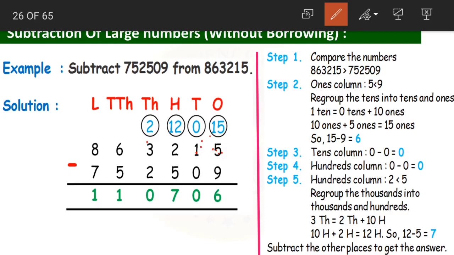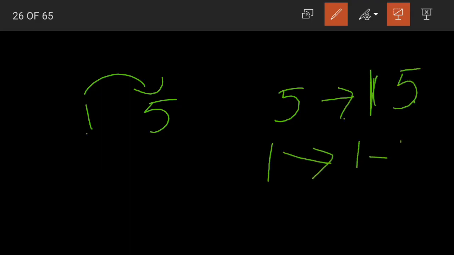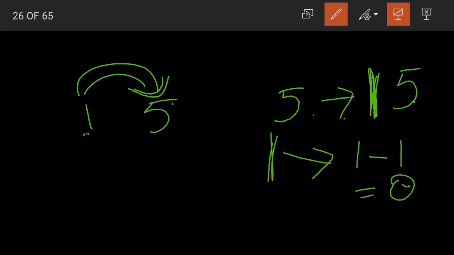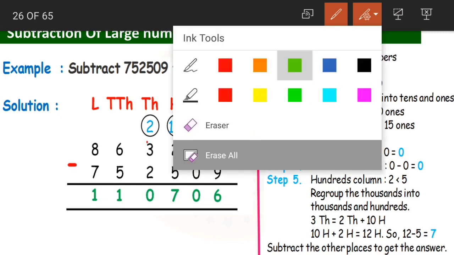Now here we are having 1. We'll take 1 from it. Any number we have, we take 1 from it, right? Yes, so here, we are having 1 and 5 here. We take 1 from this. So 5 becomes 15. And what does 1 become? We have taken 1, right? So 1 minus 1, 0. Yes, children? We've taken 1 from 1. So 5 becomes 15. 1 placed here. And from 1 we have subtracted 1. So 1 minus 1 becomes 0. 5 becomes 15. 1 becomes 0 now.